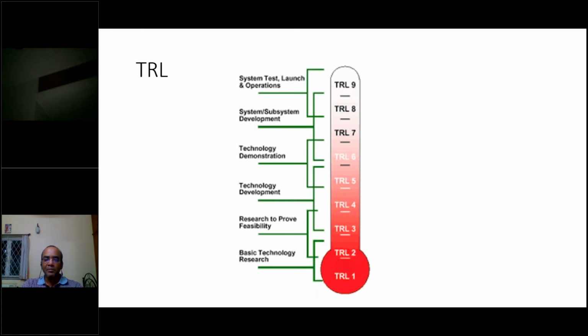Some of you may know this, some of you may not. This is just a technology readiness level, showing how technology emerges from basic research all the way to launch and operations. So TRL 1, 2, 3, 4, 5. When somebody says I'm going to do a tech demonstration, you are probably at this level. While TRL 1 and 2 is primarily research, anything that is 3, 4, 5 to 9 is all about innovation, where you take the research done and take it all the way up to commercialization.